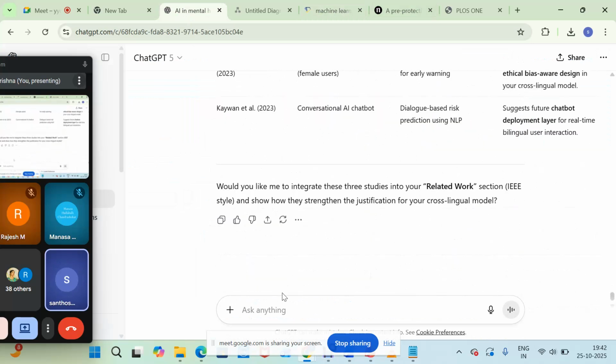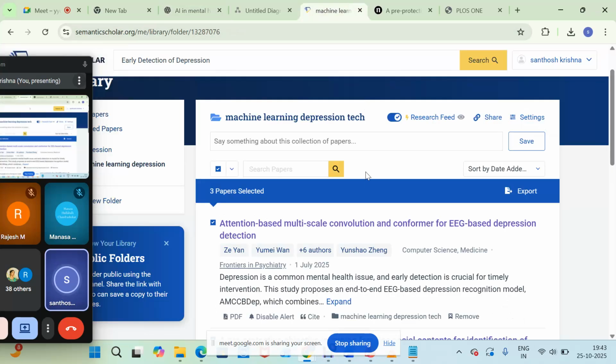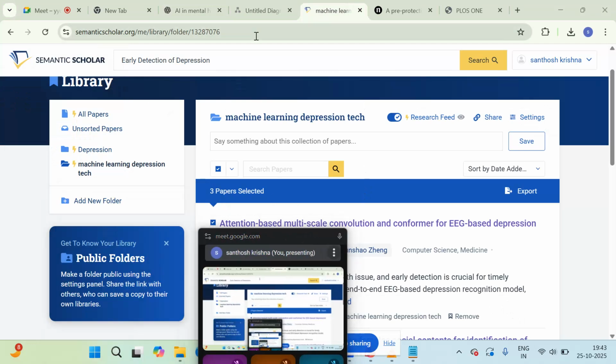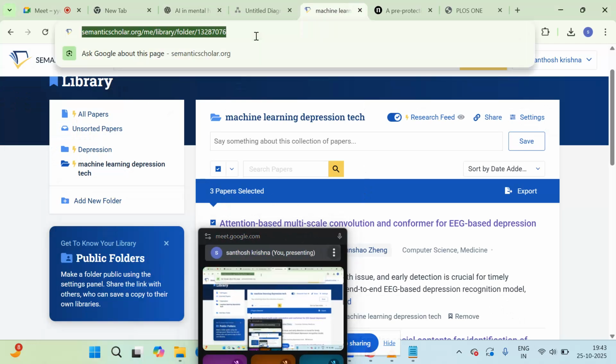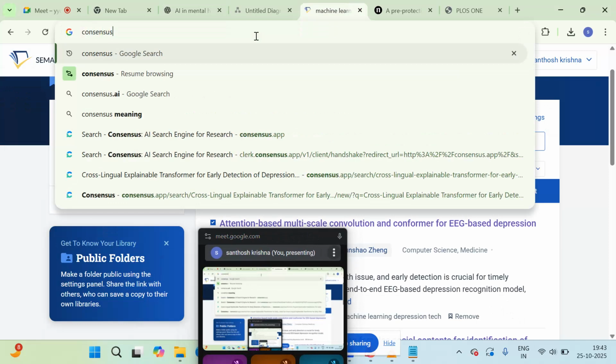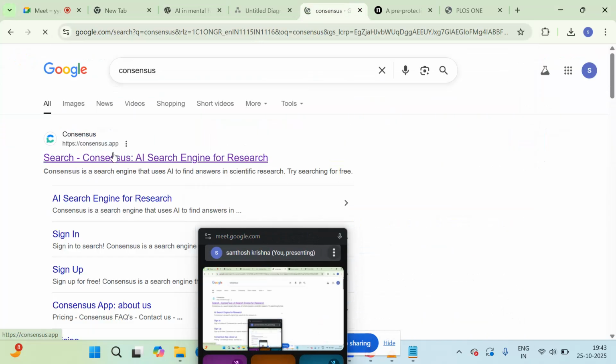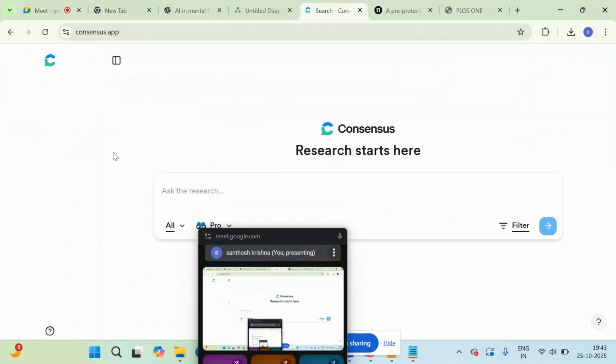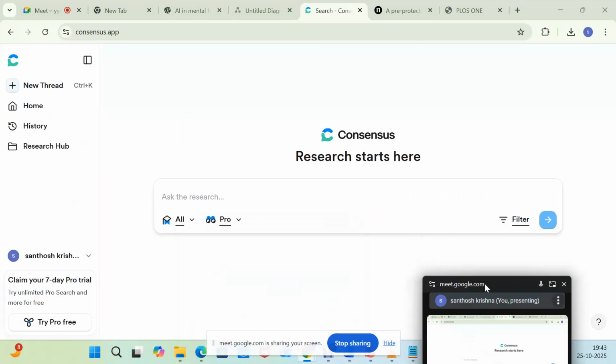Okay. Now this is one of the tools. I told you one more tool is there, and quickly I will show you the other tool also. What is the other tool I told you? Consensus. Zotero is the third tool, for reference management. One more tool I told you, Consensus. This is a really wonderful tool compared to Semantic Scholar. Again it is a paid version, but we have a 7 day free trial that we can use. So now what I am going to do